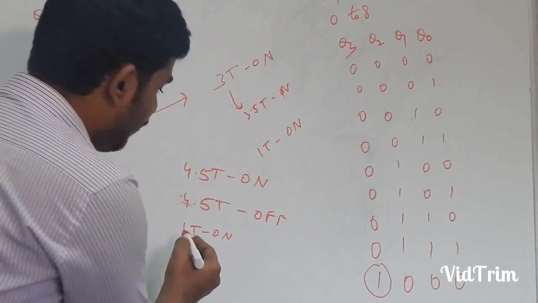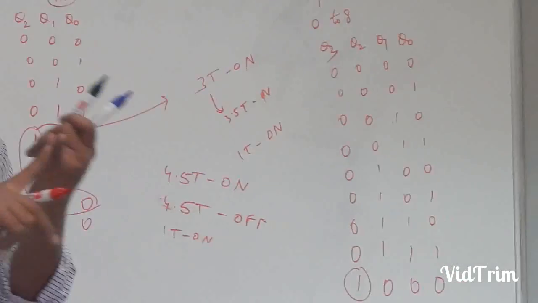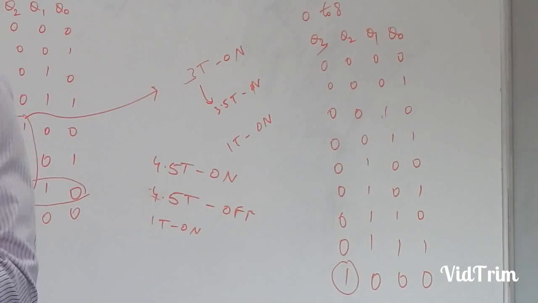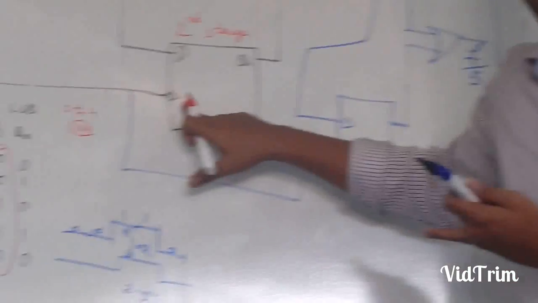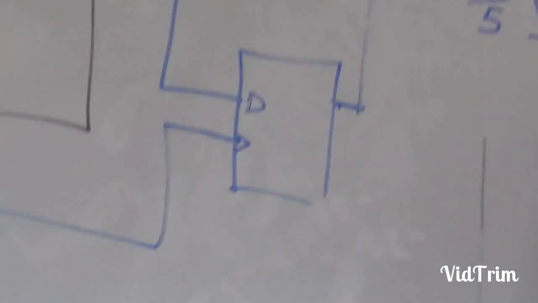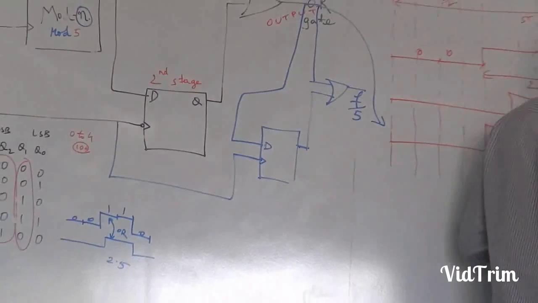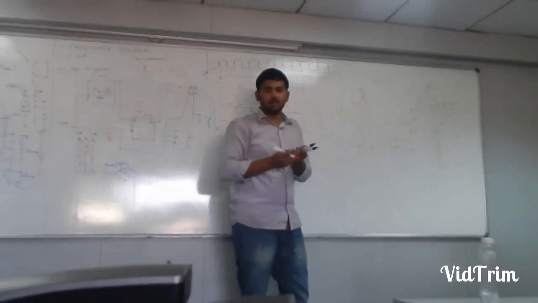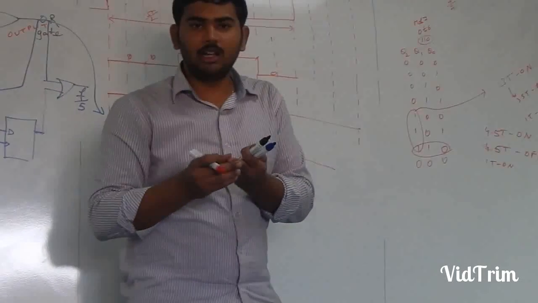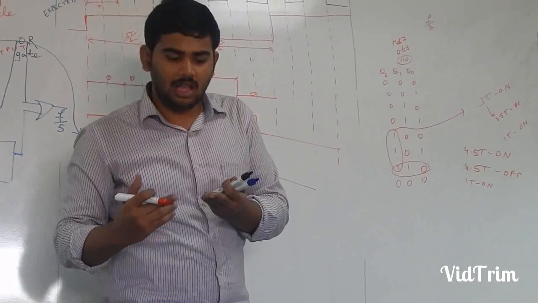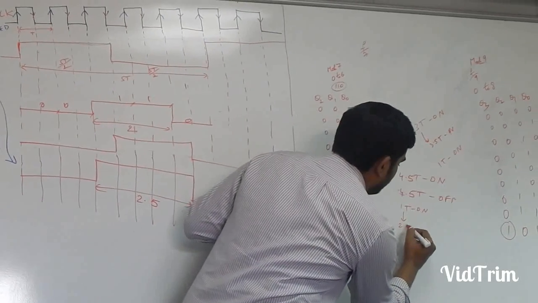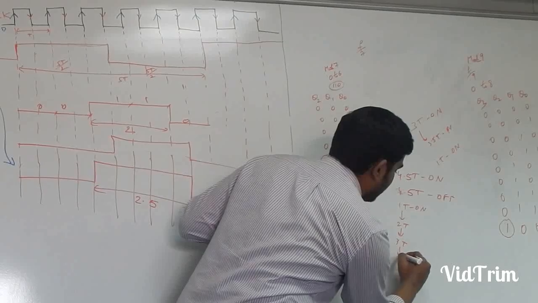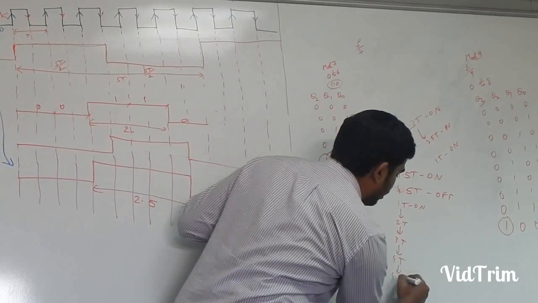How? I will send Q3 to one flop, capturing at positive edge, not at negative edge. I will capture it at positive edge only. So thereby 1t can become 2t by ORing this. This 1t I can make 2t now, and again 2t I can make 3t. Again 1 clock pulse delay and ORing it, and again 3t I can make 4t. So I can make this 2t, 3t, 4t, and 4.5t.